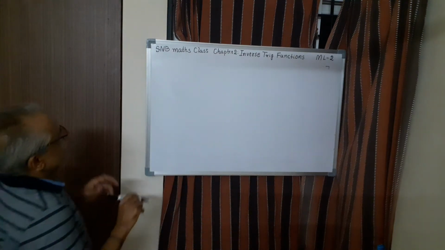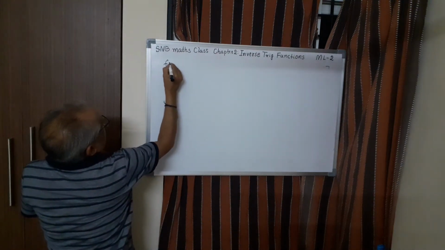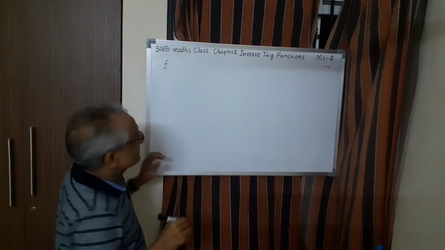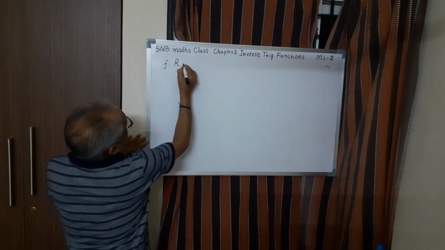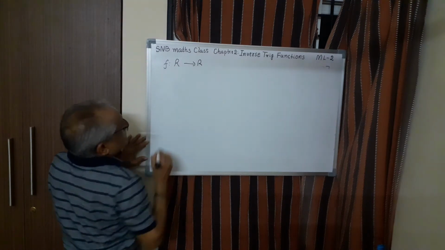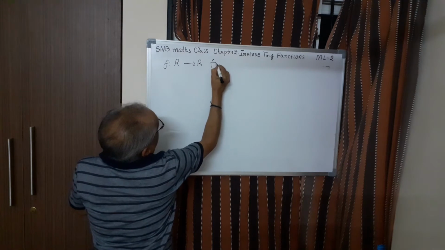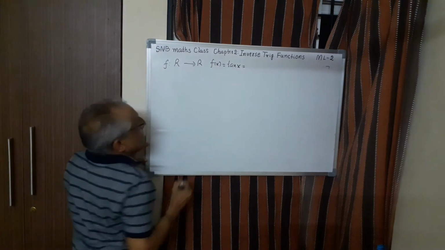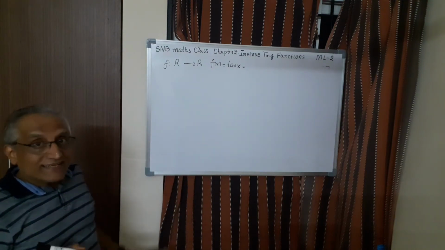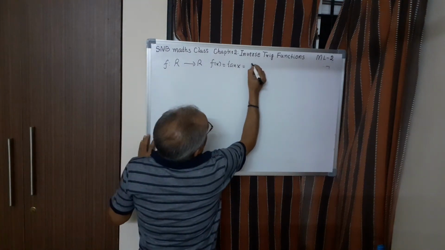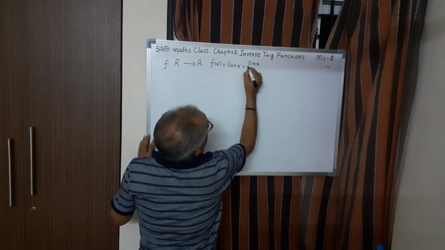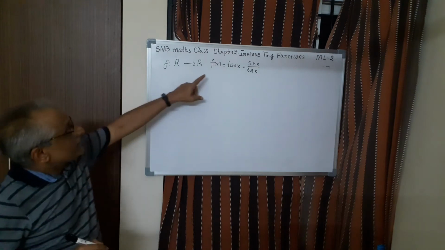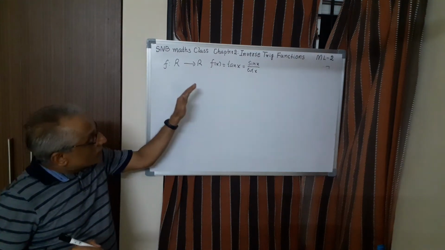So once again, let me take the function f. You know that the domain of tan x can be taken in the beginning as R to R because it's a real function defined by f of x equal to tan x. But there is one small problem, even R cannot be taken as the domain because tan x is sin x divided by cos x, and whenever cos x is 0, tan x is not defined, therefore we have to remove all those points.